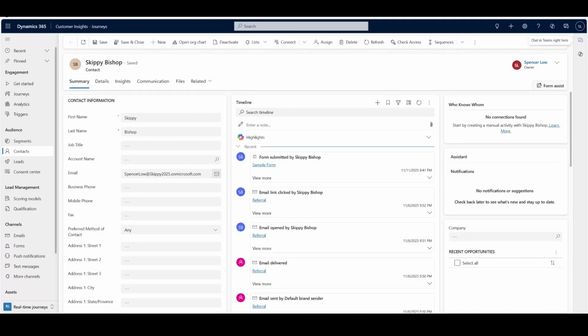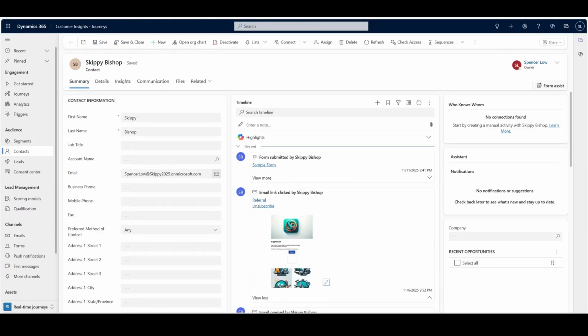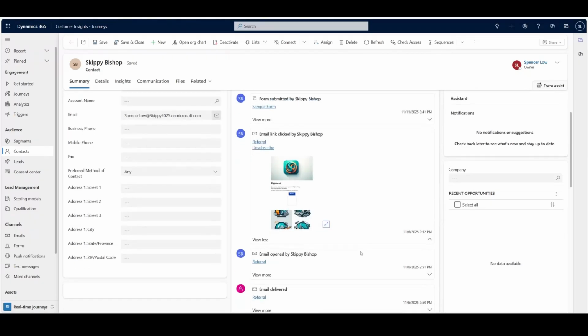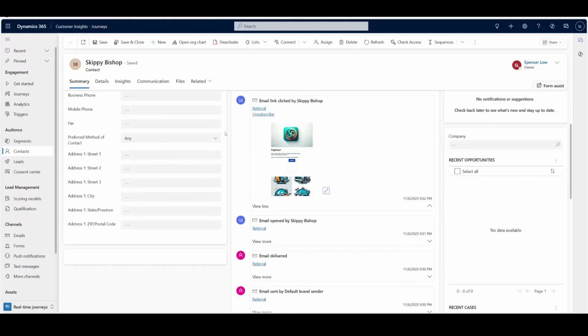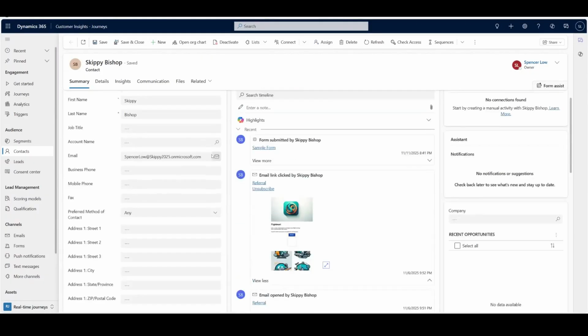So you'll see as we come in here in the timeline, you can see all the marketing going on. In this case, this is the email that we've sent in that journey. It will actually show, if we've got it turned on, the particular email that was sent to this contact. So if they've got any personalization or any content filtering, you will see a version of that email, not just the generic one that's been designed. And you can see some other marketing stuff has gone on here, confirmation through the bot that the email's been